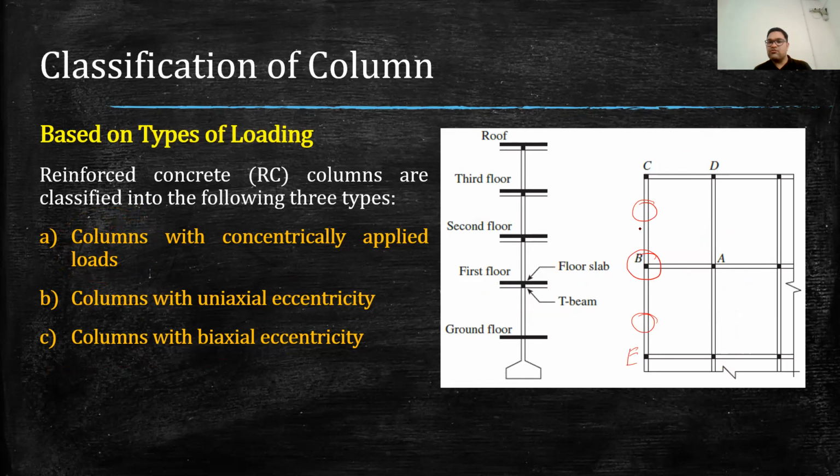So ideally, if the lengths of beams BC and BE are the same, and if they are subjected to the same load, then the bending of this beam will be countered by this beam. But if only this beam is loaded, then its bending will not be countered by the other beam because there is no beam. In that case, the bending moment of this beam will be transferred to this column. And in that case, this column can bend along one of the axes.